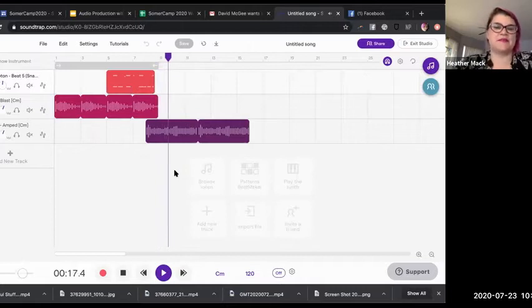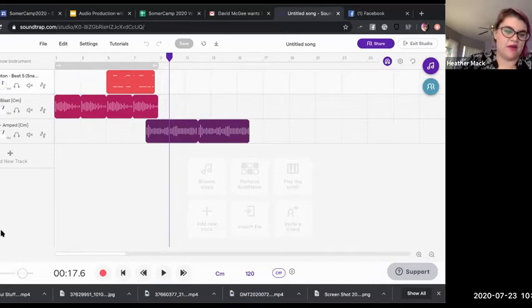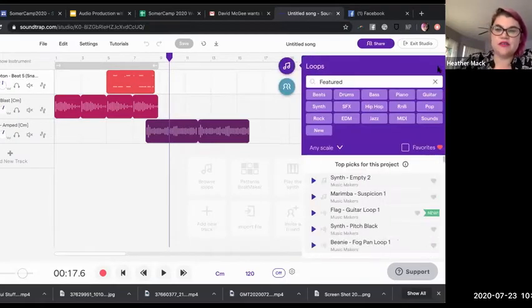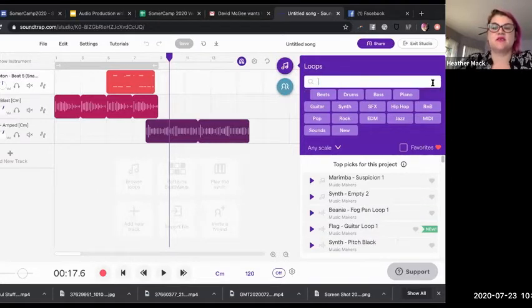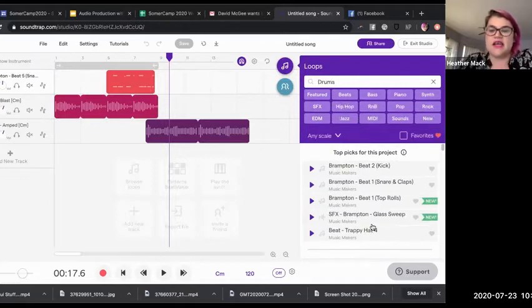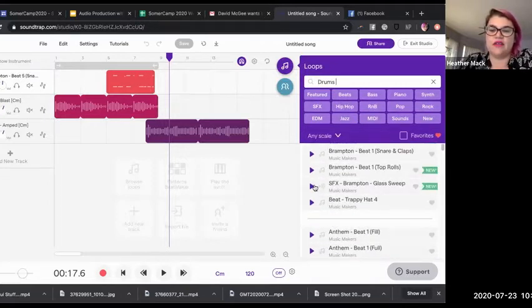All right, so I was messing around. So now, let's say I want to create my own drum track here. So I want to add my own drums. So remember, on the right-hand side, these are my loops. Okay, so if I want to search for a loop, I can do that. I can press the X to bring me back to the main menu, and then I can select drums and say, okay, cool, I really like